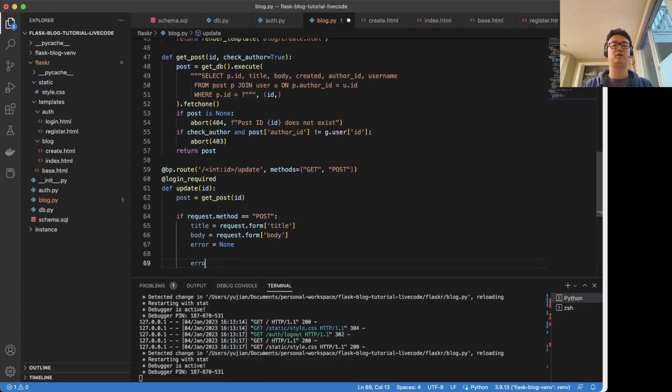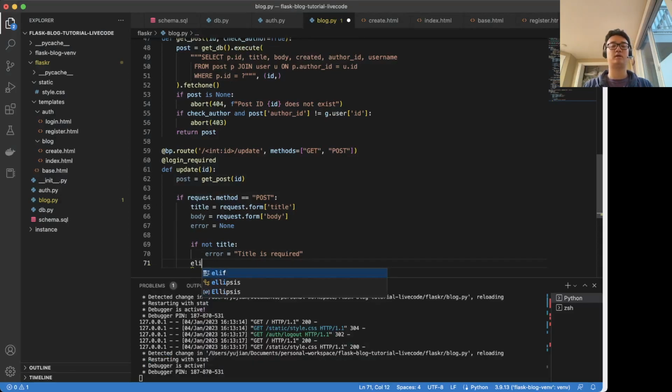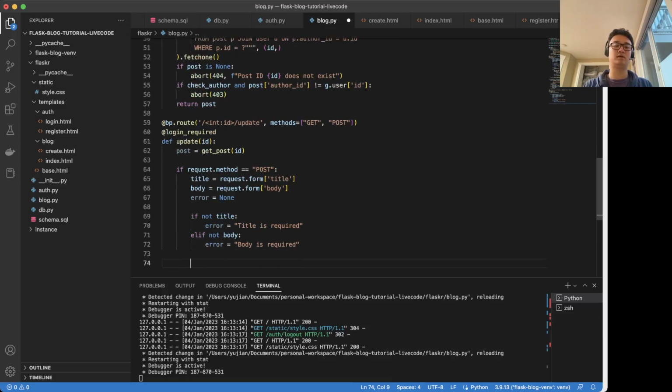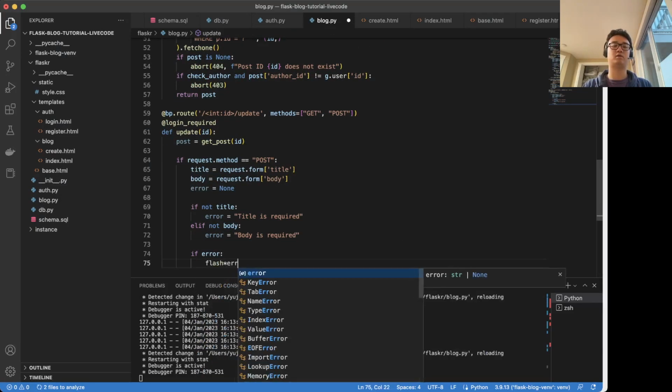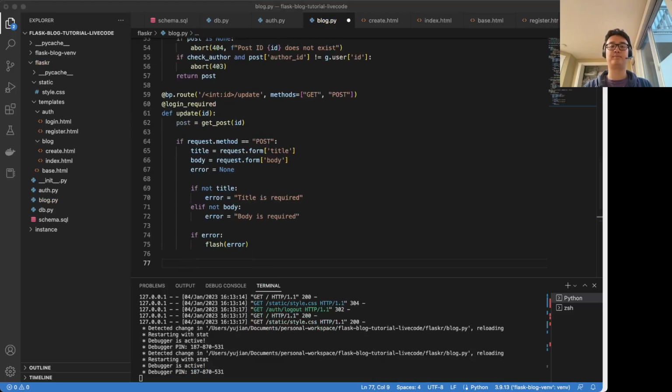We're updating the form. So if not title, error equals title is required. And we're going to do the same thing as earlier: elif not body, error equals body is required. And then if error, flash error. Okay. Else